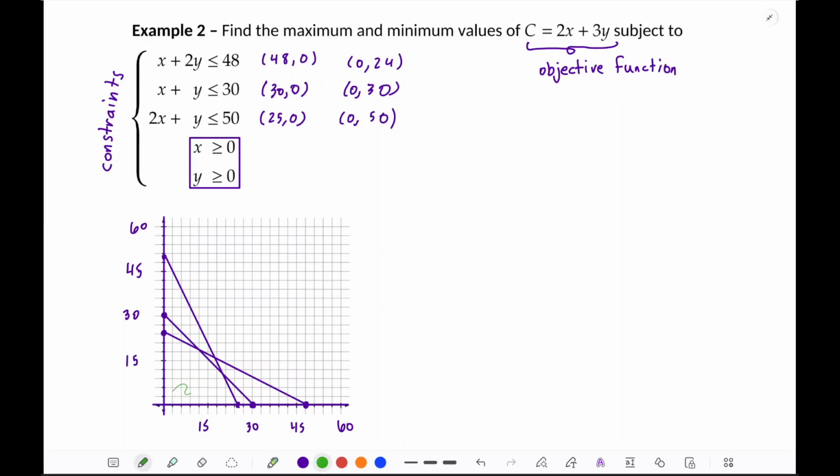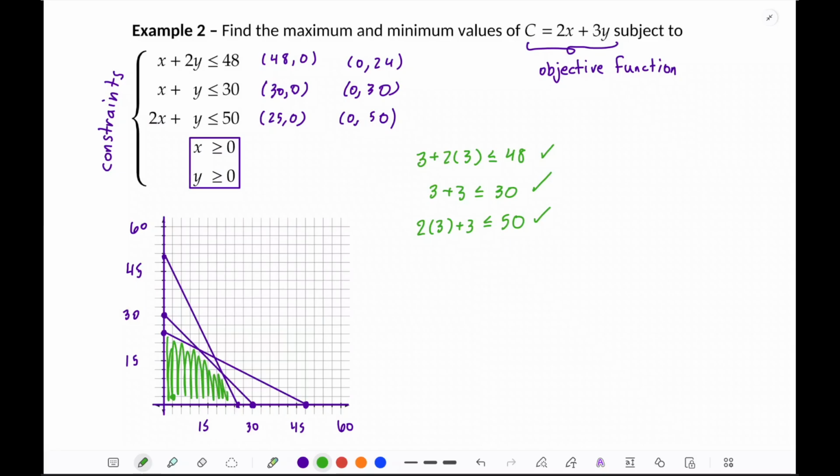I am just going to start with this, which is 3, 3. Is 3 plus 2 times 3 less than or equal to 48? I think that's pretty obvious. Is 3 plus 3 less than or equal to 30? Yep, again. And then is 2 times 3 plus 3 less than or equal to 50? Yes, it is. And again, these two, 3 is greater than or equal to 0. It does check out, but I don't need it. So we have this region